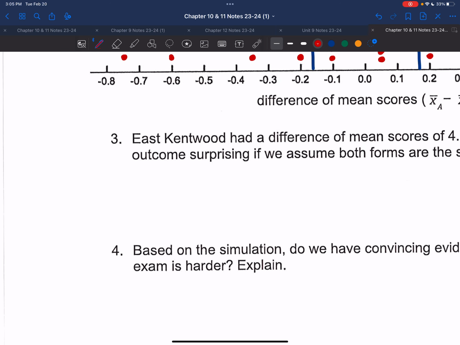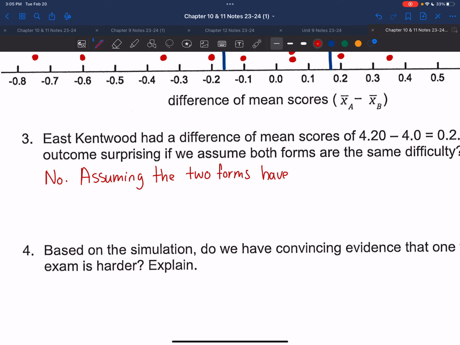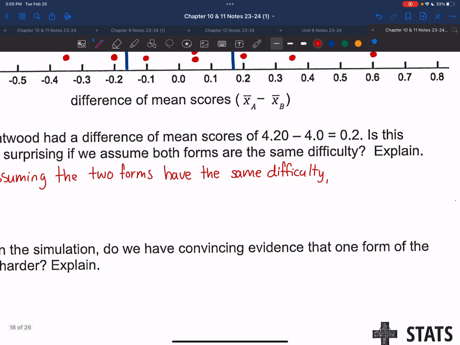No, that would not be surprising. 57% chance. So assuming the two forms have the same difficulty, there is a 17 out of 30